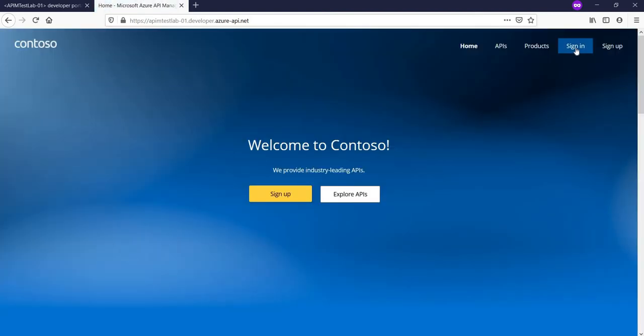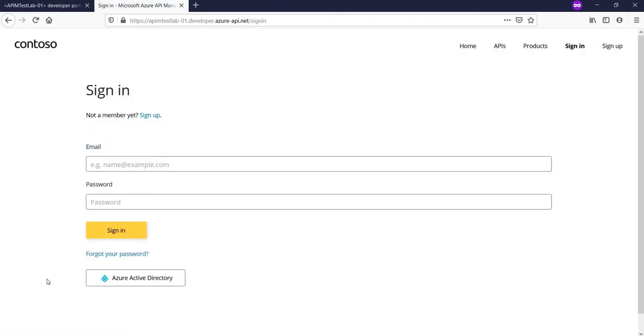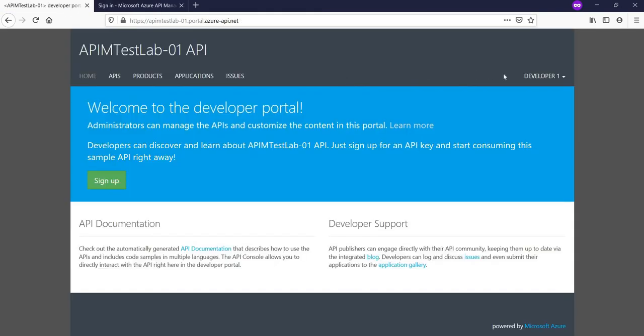Now try to sign in. You can see there is an option enabled for Azure Active Directory. Previously, until you create a new authentication type, this option will not be visible. Let's check whether the same option is coming here or not.